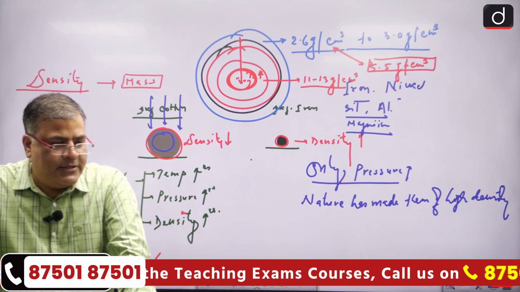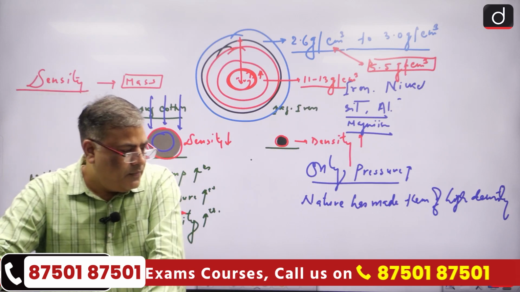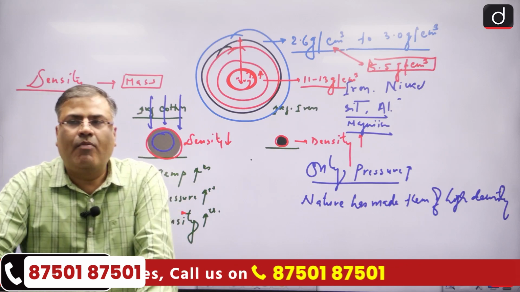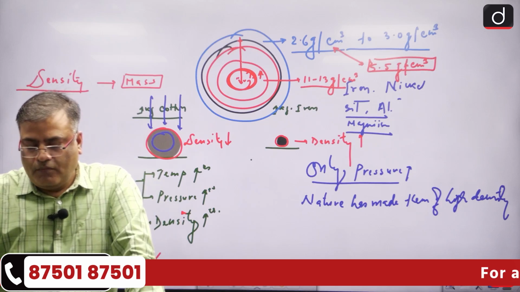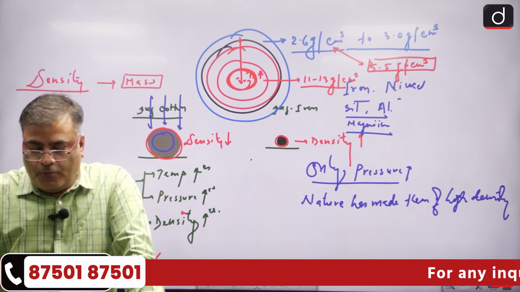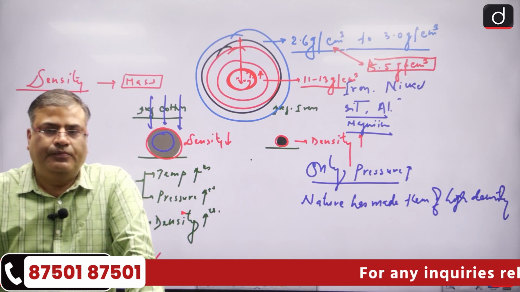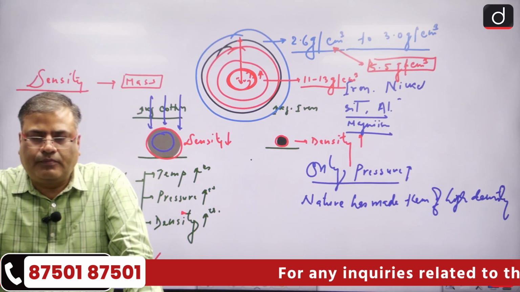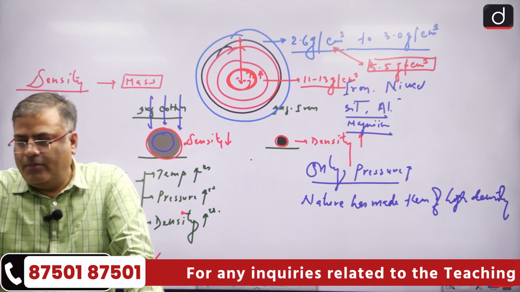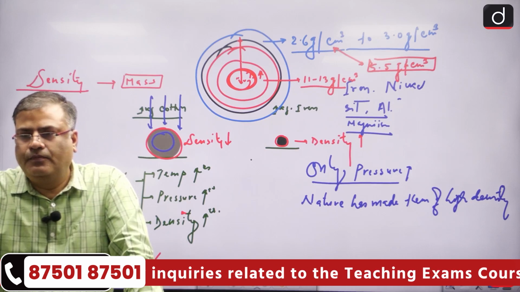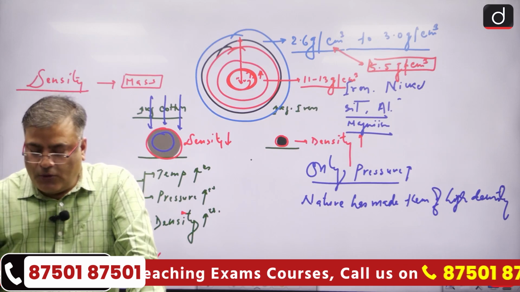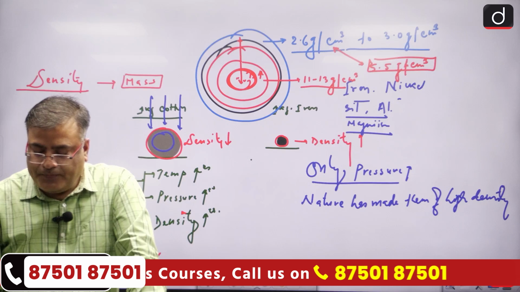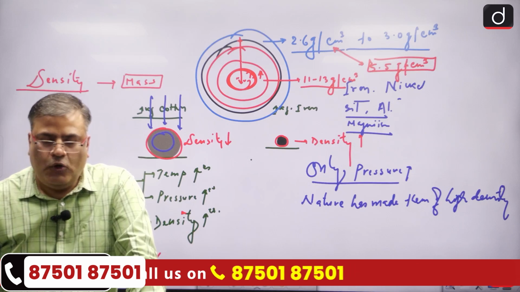On the surface, density is only 2.6 gram per cubic centimeter to 3.0 gram per cubic centimeter,